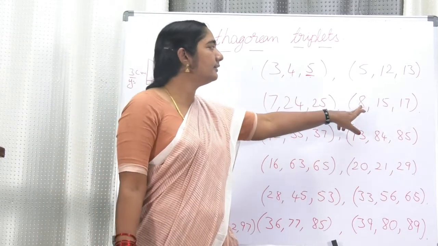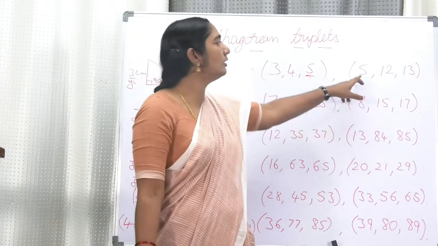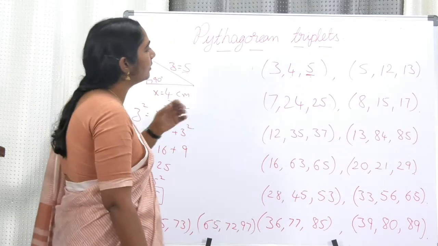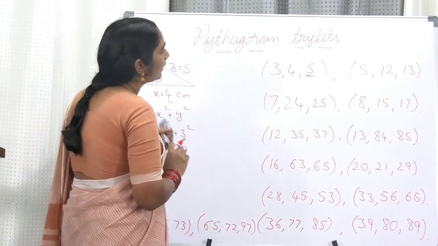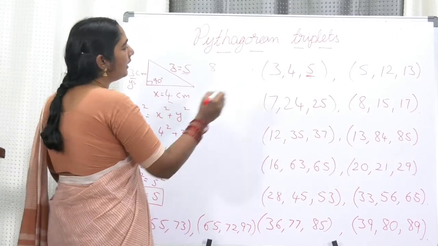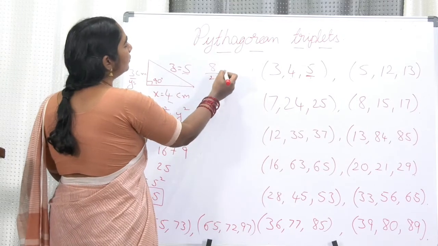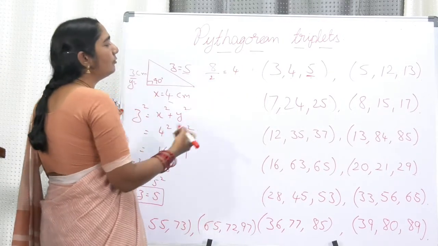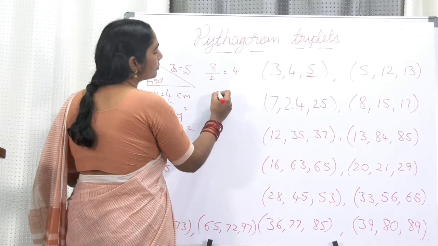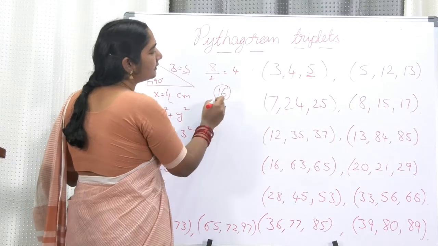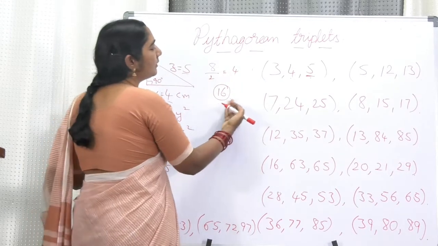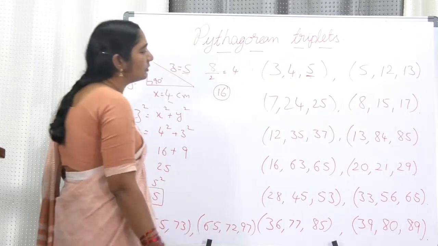Now let us take the case of these 3 cases where we got the odd number as the first number. In this case we are having an even number. Let us see what is going to happen. If you take the even number 8 and divide 8 by 2, you are getting 4. So 4 square is 16. When you are having 16, one number this side is 15, one number that side is 17. So 8, 15, 17 is also a triplet.